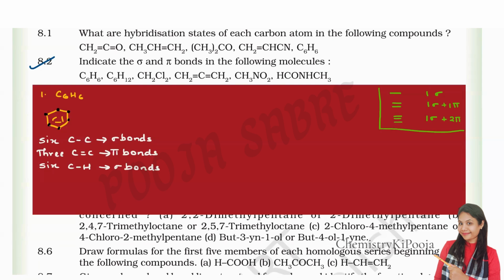Clear? So basically in benzene we have 6 carbon-carbon sigma bonds. Then we have 6 carbon-hydrogen sigma bonds. Then we have 3 carbon-carbon pi bonds. Clear? Similarly, we are going to solve the other questions as well. Now the next question is